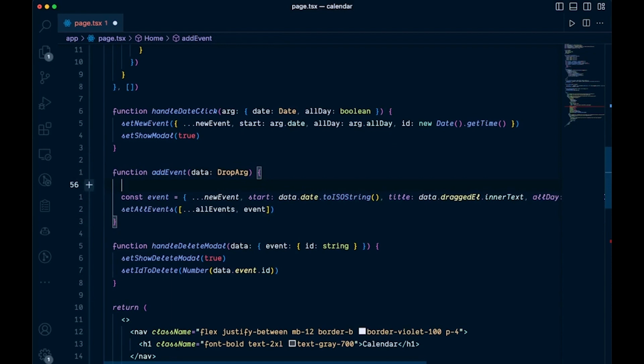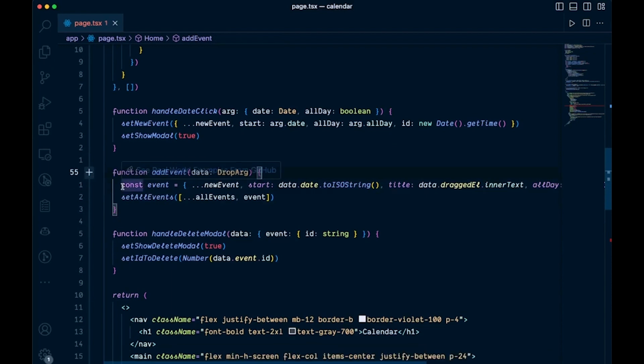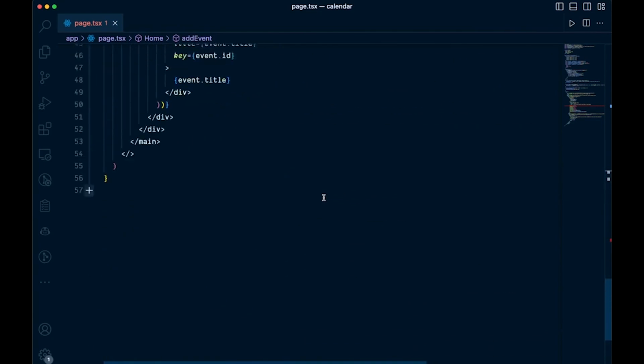Now, the last couple things are these modals, where we're going to be able to create a new event by clicking on an actual date, and as well we'll be able to delete an event. So let's get into those. So let's start with the delete. So let's come down below here,